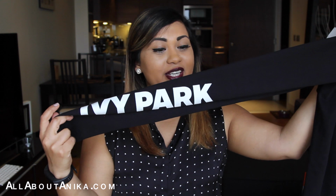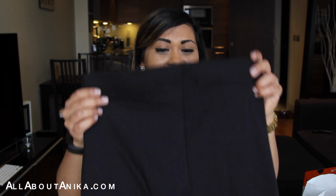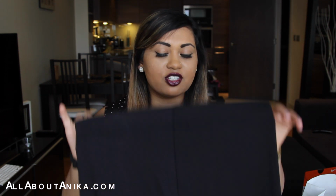And what I actually think is really cute is that it says Ivy Park down the leg, so I think that's really cute. I'm a sucker for branding, and I really love that, and I'm so excited to wear these to the gym. And they are thicker, they are a cotton-like material, so it's not like that spandex material, so it's a bit different for me, but I'm excited to try it out regardless. And yeah, let's see how these